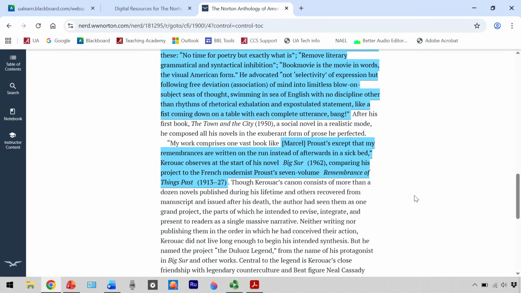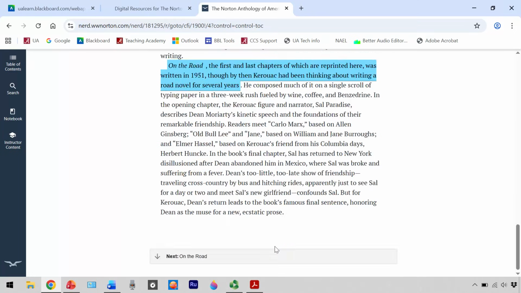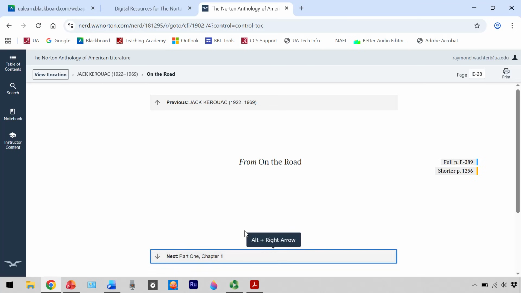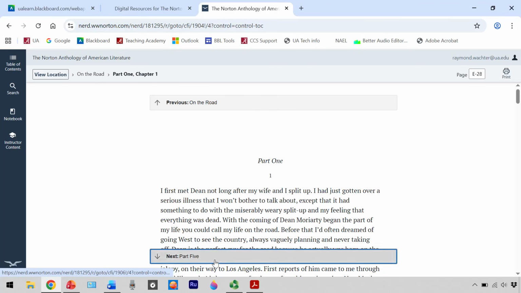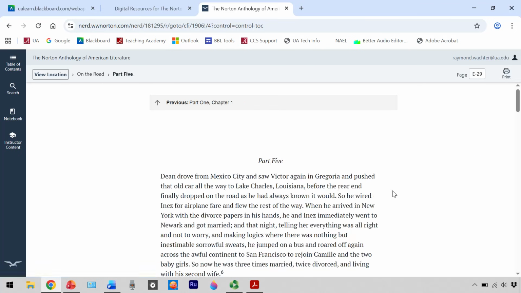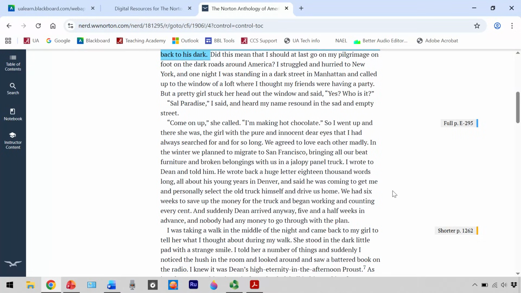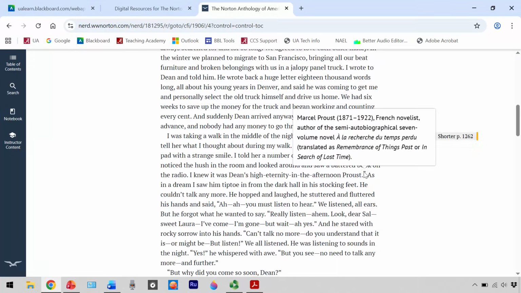So what does this say? Kerouac's quote: "My work comprises one vast book like Proust's, except that my remembrances are written on the run instead of afterwards in a sickbed, blah, blah, blah." Then I show them that, and I say, you want to write down something about Proust, and then let's look also at the footnote of Proust, which appears in the last chapter. Here we go. So, great. Now here's the other thing about Proust. French novelist, author of the semi-autobiographical novel A la recherche du temps perdu. Now,